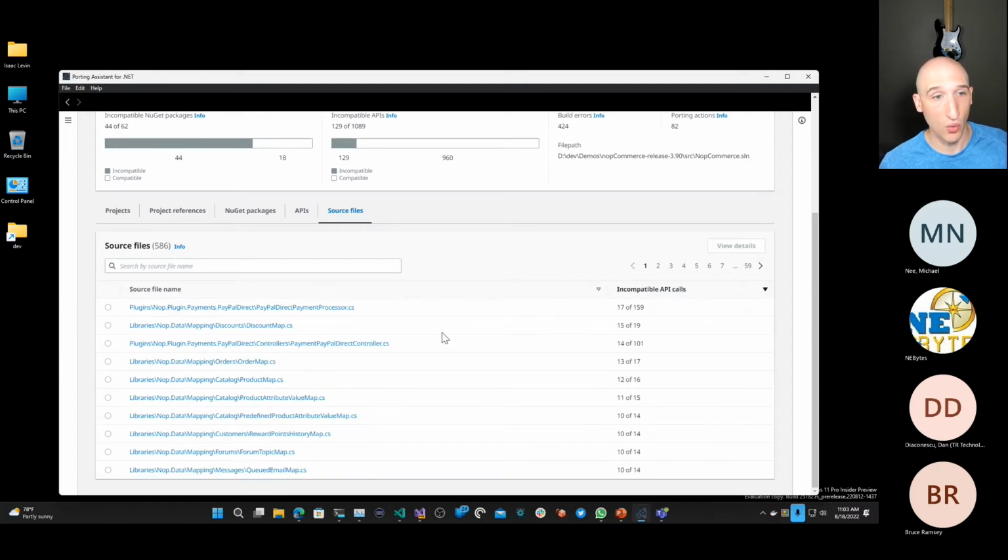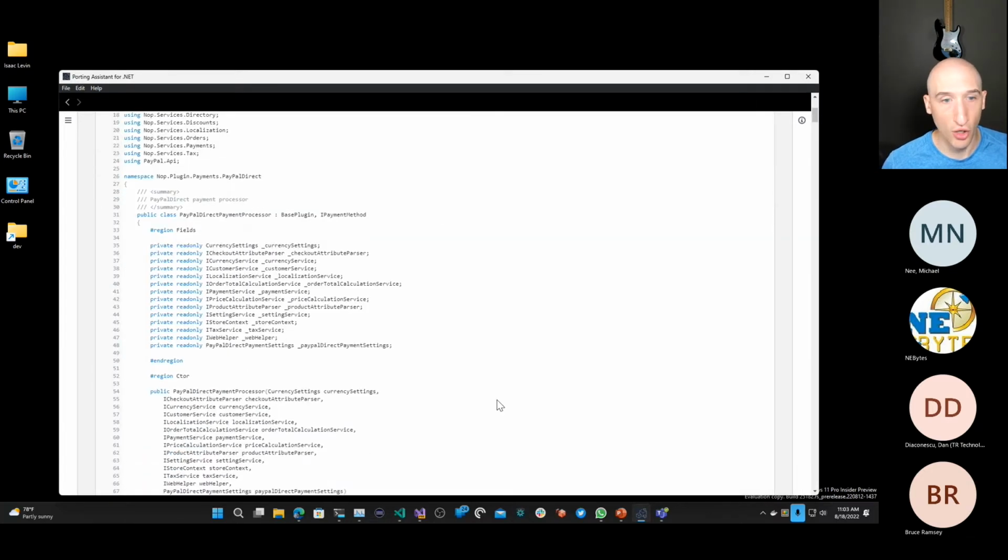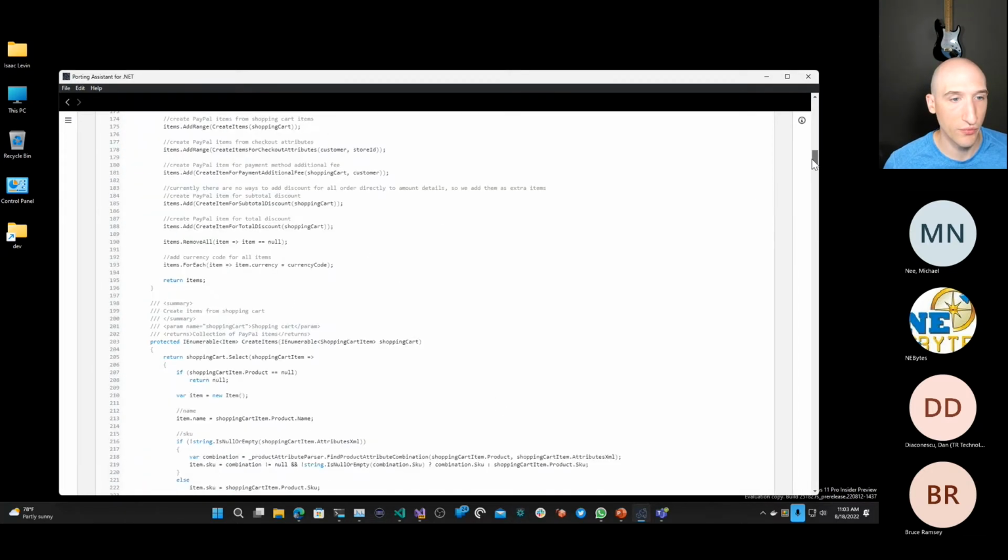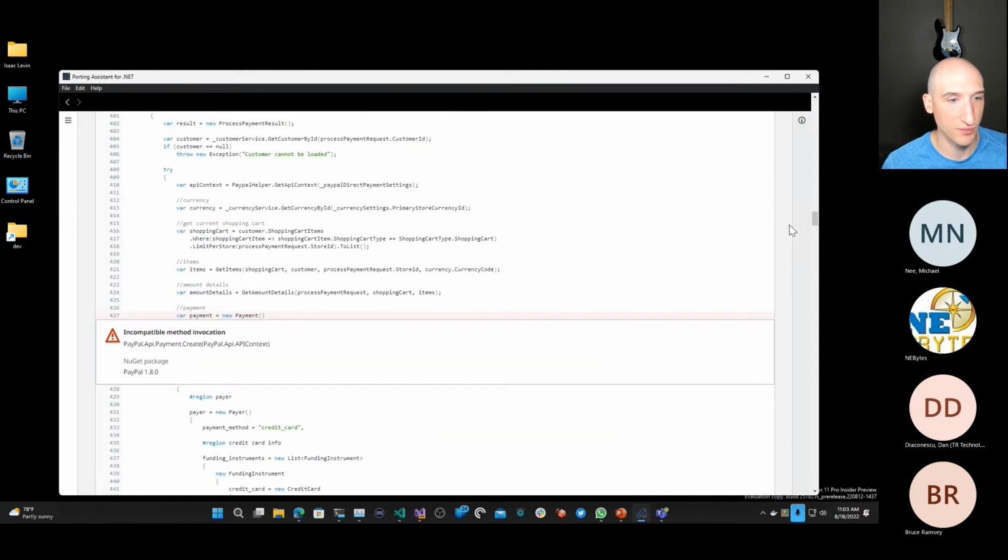And then finally, which I think is probably the most valuable piece, is you can actually look at source files. Let's just open one of these up. It'll scan your code, and let's scroll down until we find a message. All right, for instance, right here. It says incompatible method invocation. So for instance, this particular API for creating a PayPal payment,